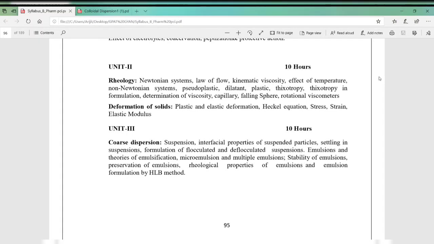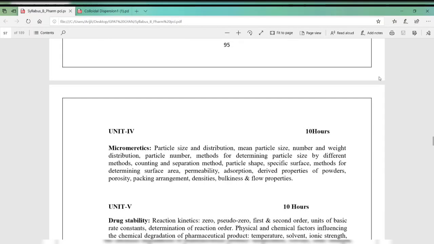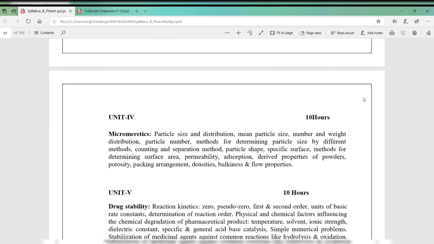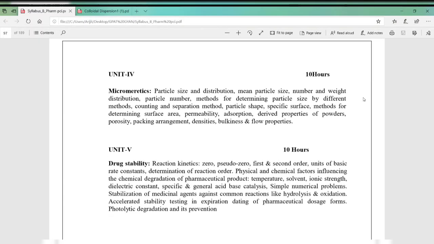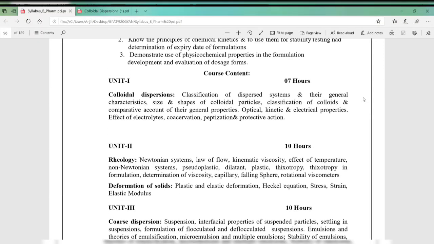In unit 4 you can see micromeritics. Micromeritics means the study of particles which are the size of a micrometer. And in unit 5 you can see drug stability. In drug stability you will learn about the different kinetics, like zero order, pseudo-zero order, first order, second order, and also what shelf life is, and what accelerated stability testing is. So now I'll go into the first unit, colloidal dispersions,